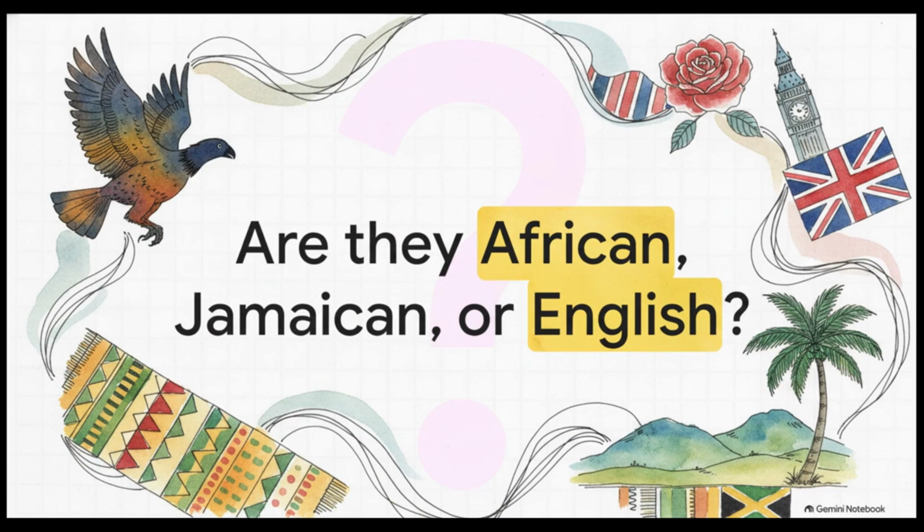I want to leave you all with a thought from our source material that perfectly captures just how complex this gets. Imagine a West African person who is enslaved, taken to Jamaica, and then later in life is moved to Britain. Are they African? Are they Jamaican? Are they English? Their layered, forced journey shapes an identity that simply cannot be reduced to one neat, tidy label.